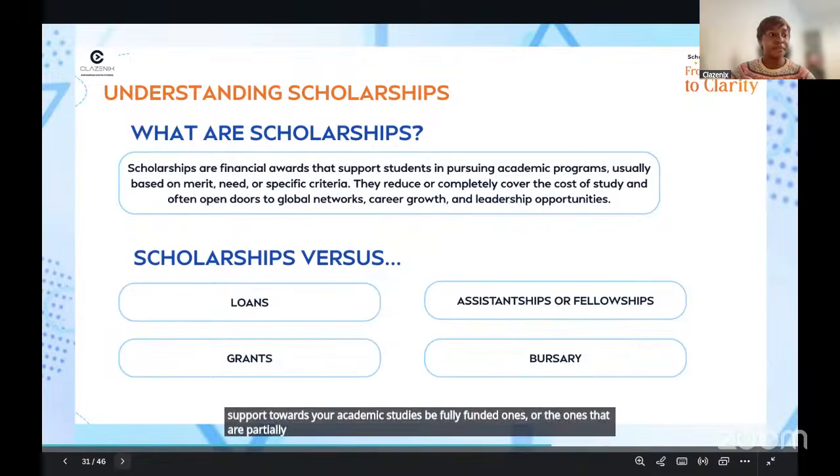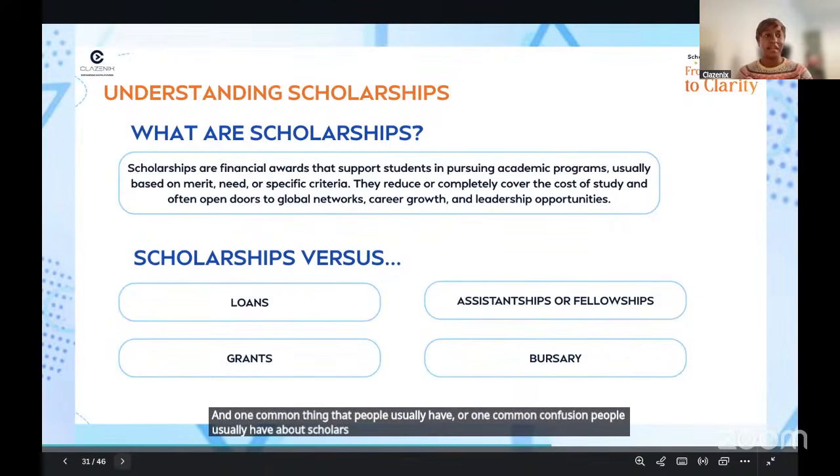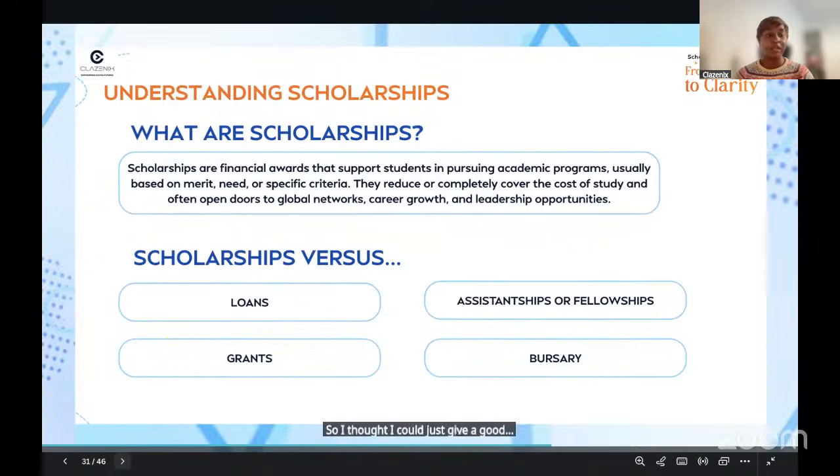And one common confusion people usually have about scholarships is that they think scholarships are the same things as loans, grants, bursaries, fellowships, assistantships, and all of that. So I thought I could give a quick clarity to help us see the difference between them.